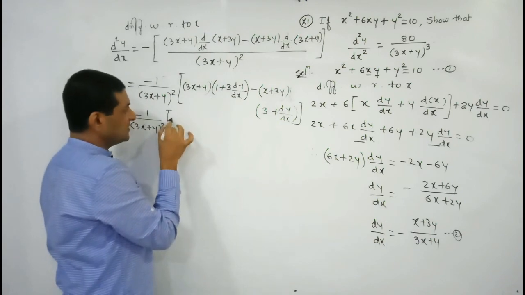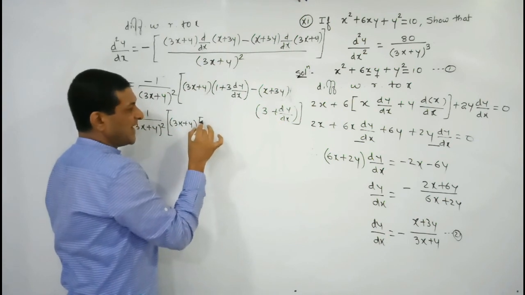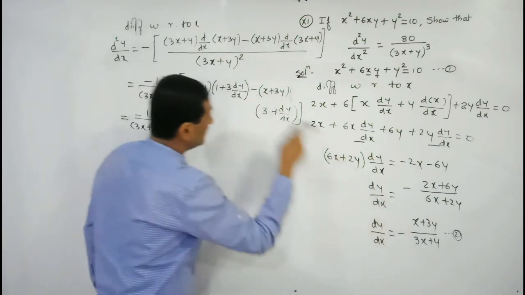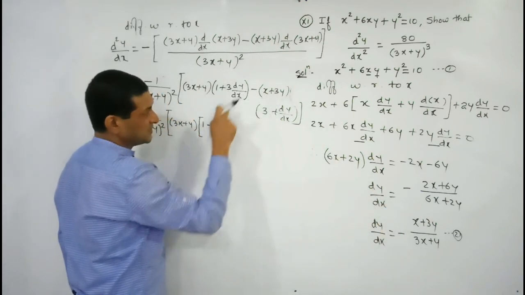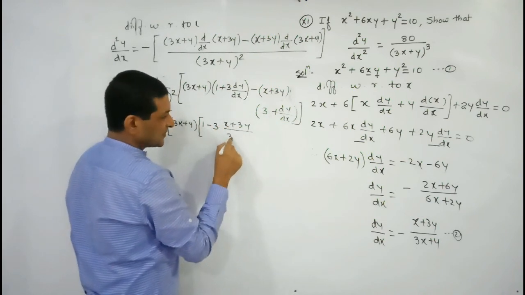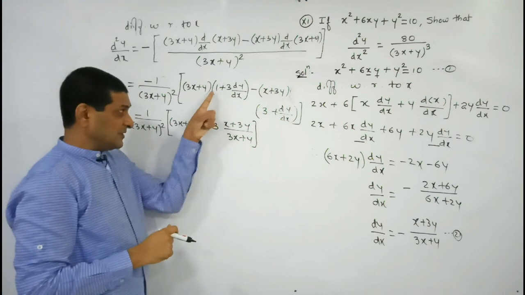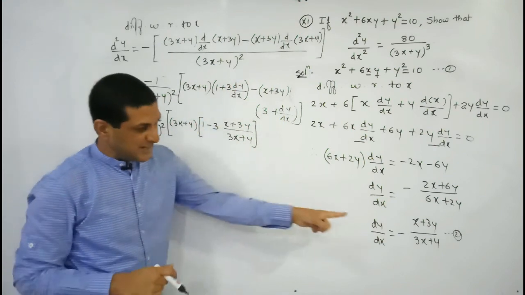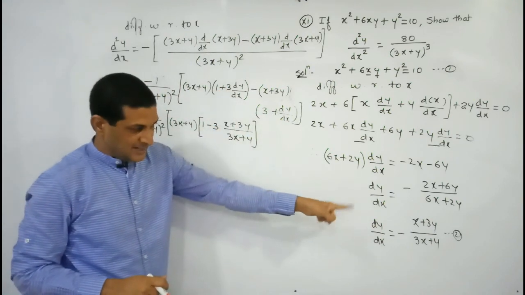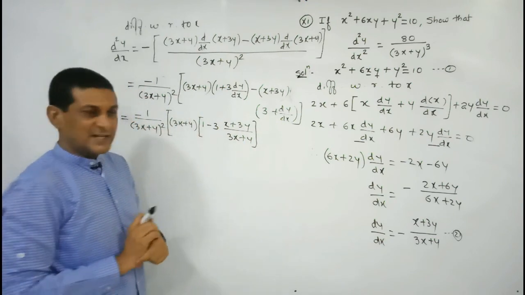Just try to understand here. 3x plus y, keep it as it is. Here 1 also as it is, and here dy by dx, its value is already minus. Minus into 3 will become minus 3, and (x plus 3y) divided by (3x plus y), isn't it? Again try to understand it. So here 1 keep it as it is, and we are replacing dy by dx by this value. Minus into plus will become minus, keep this 3 as it is, and write down that term (x plus 3y) upon (3x plus y). Means simply we have substituted the value of dy by dx, and here